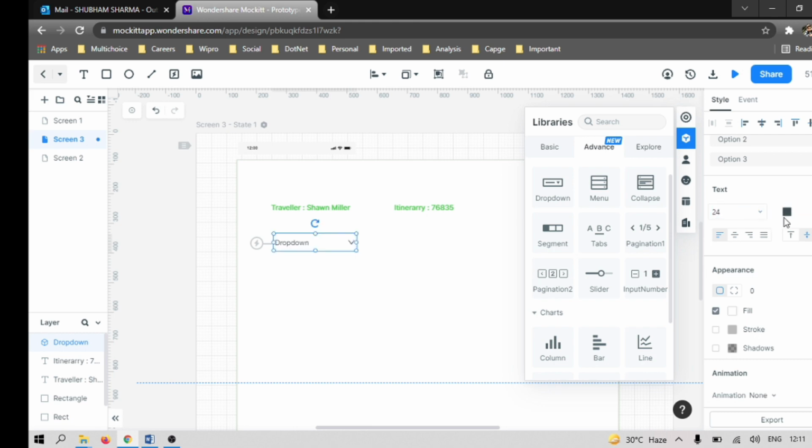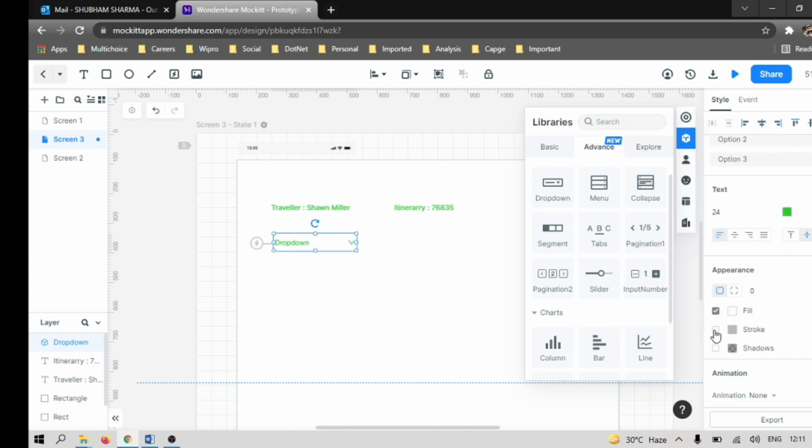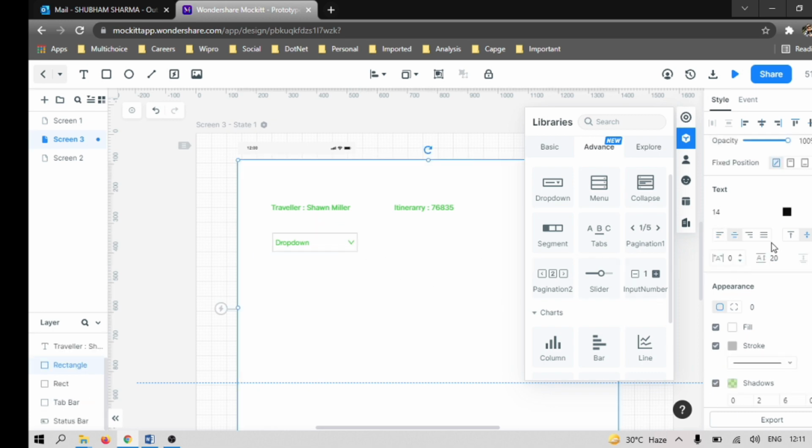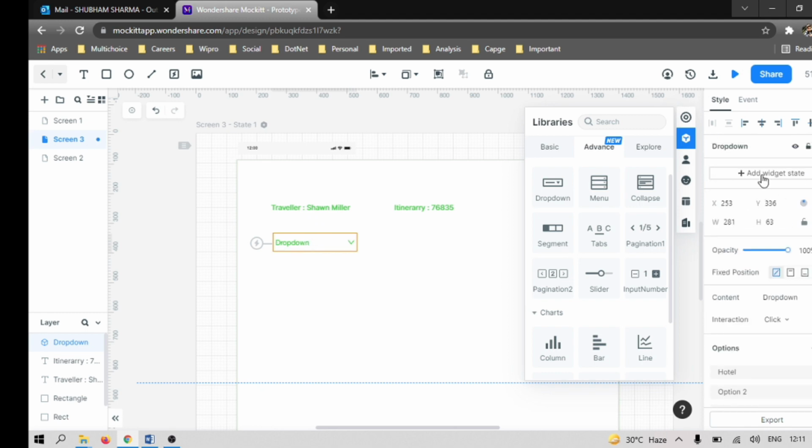Okay, and the color we are putting here is green, and we also put the stroke. It will look like this, and then the value is coming here, so we can change the name here. Violation type.